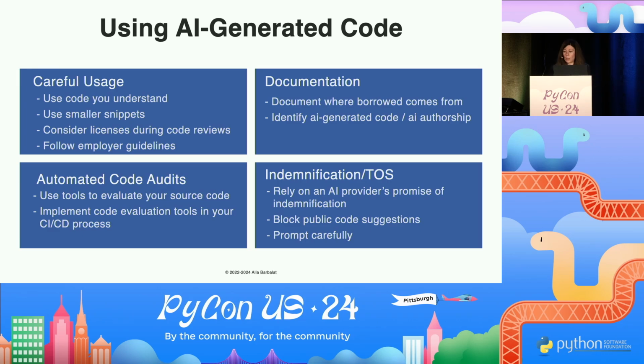And so now in the last few minutes, I want to talk about, given this very comprehensive background, how we can make sure that we're using AI generated code in a careful and responsible way, so that we can ensure not only that we're not violating copyright, but that we're also being very attuned to the licensing requirements imposed by our fellow developers, whether that be in the open source community or otherwise. So I would say first and foremost, if you're using AI generated code, carefully use it, use code that you understand. That really applies to any borrowed code that you're using.